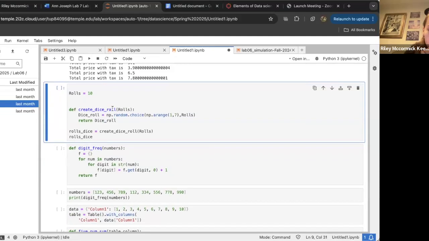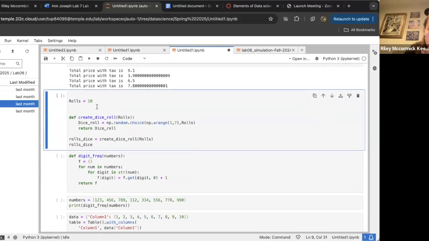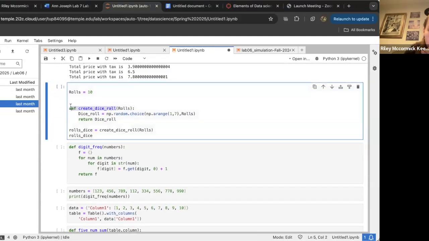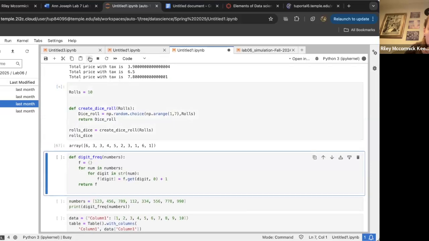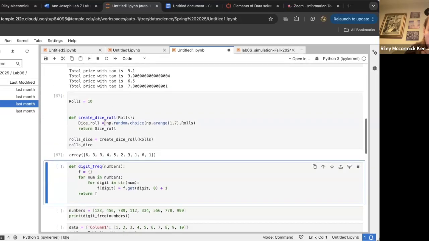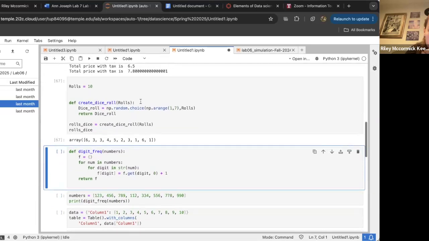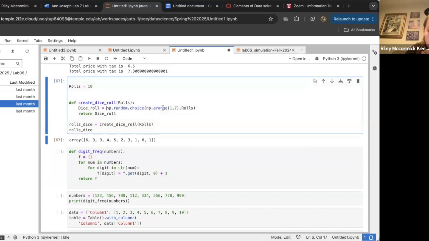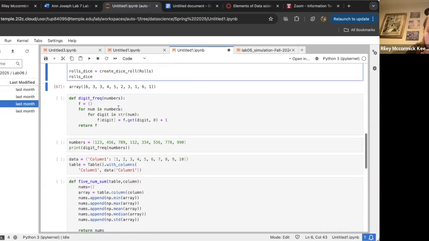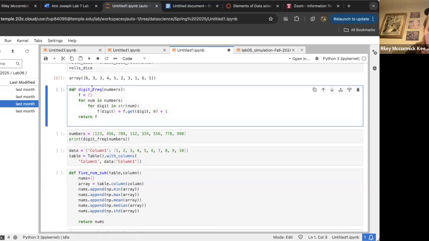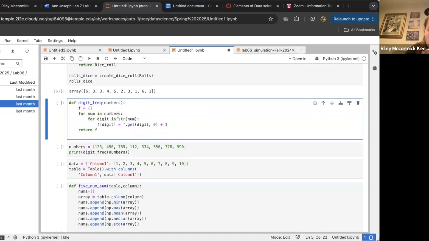Obviously you can make them more complicated. Here we're creating our function for dice rolling. We did it up here, but this is just a way you could do it as a function, showing how a function works. We're defining it here, and then we've got our dice, and we're randomly rolling it, printing out our array of numbers. Here's a function for finding the frequency of numbers